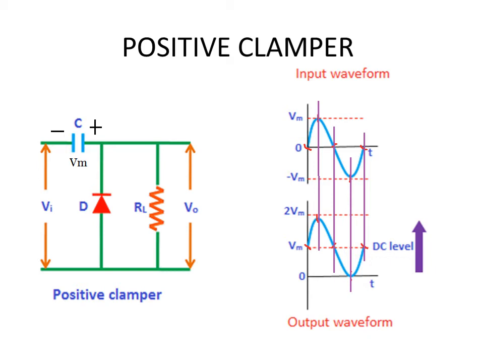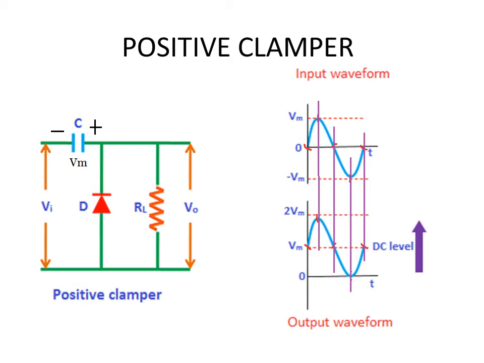So here clamping means you are raising or lowering the waveform and clamping it at that particular voltage level. If you are raising the waveform, then it is referred to as a positive clamper, whereas if you are lowering it, it will be a negative clamper. Now this is a circuit for a positive clamper. You have the input which is centered at the 0 voltage value, and the peak value is Vm. On either side it is symmetric, it goes to positive Vm and negative Vm.